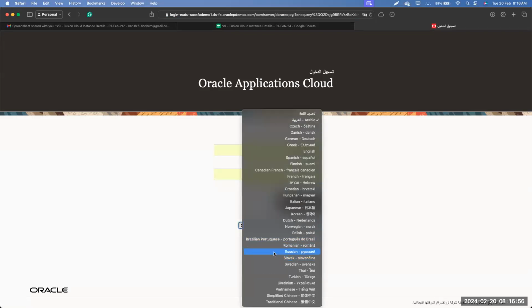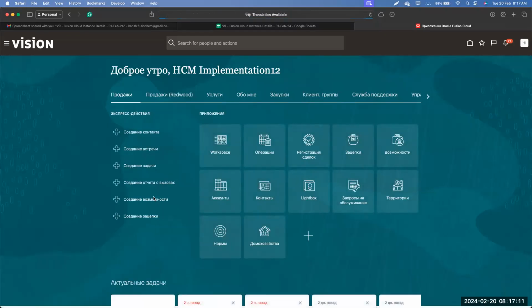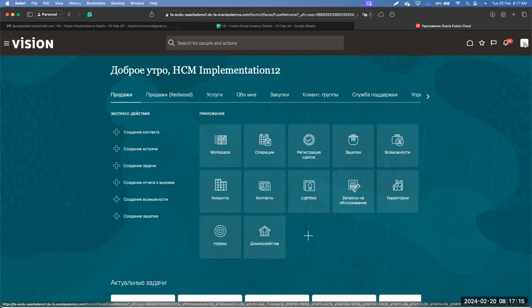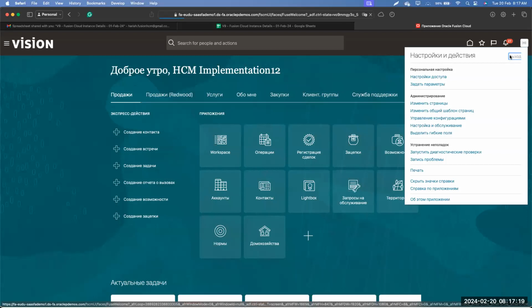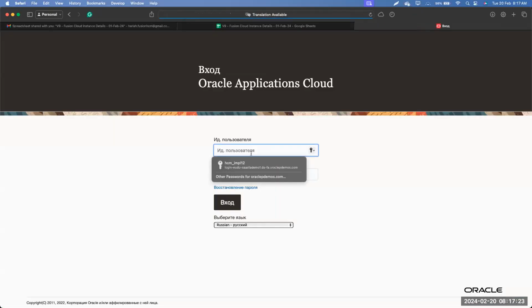Let's say if I choose Russian, all the data has been automatically translated. All the seeded data is automatically translated. And every page will support translations, where whenever we create any custom data, we can see those translations as well. We'll see that in detail once we go deeper into Fusion, how to provide the translations for the custom data which we have created.